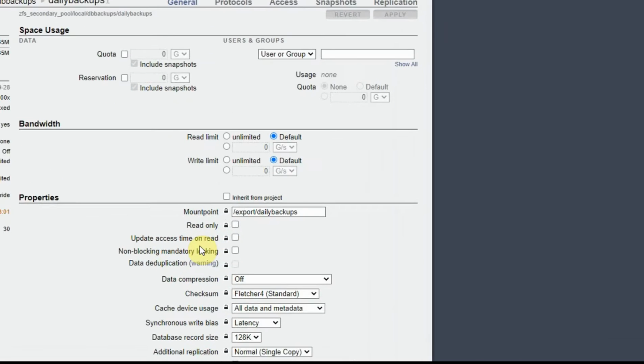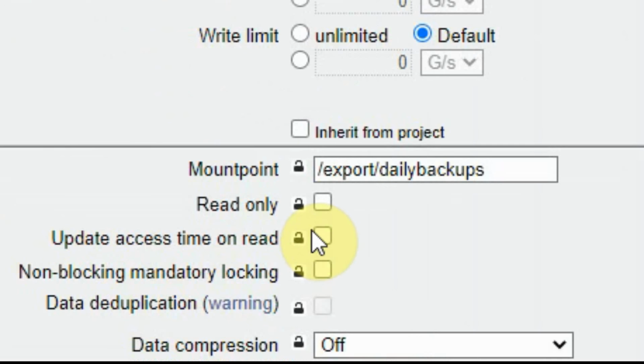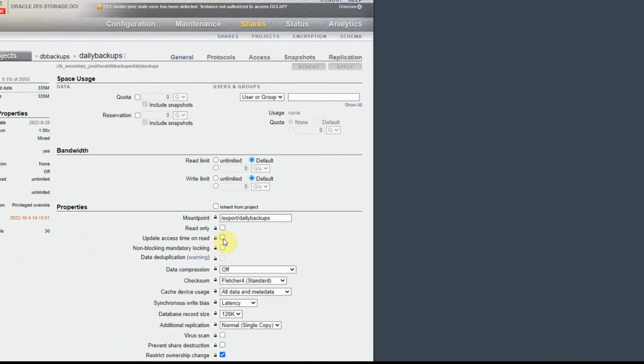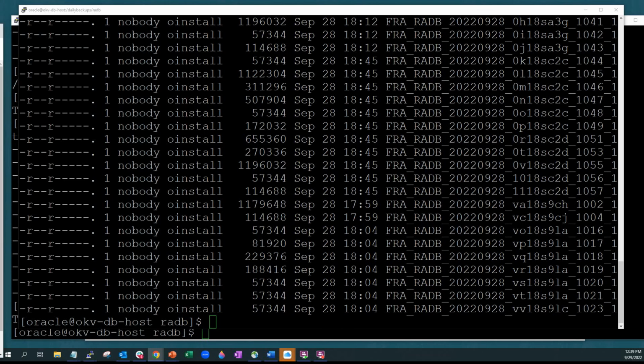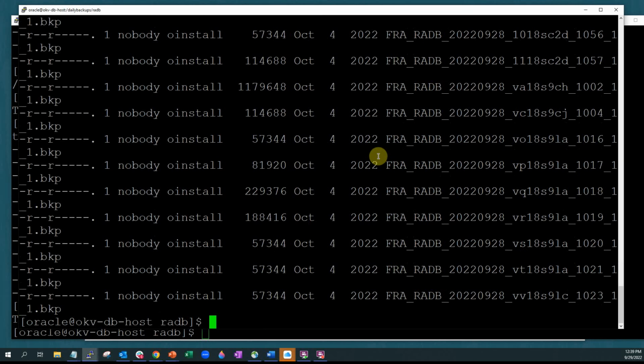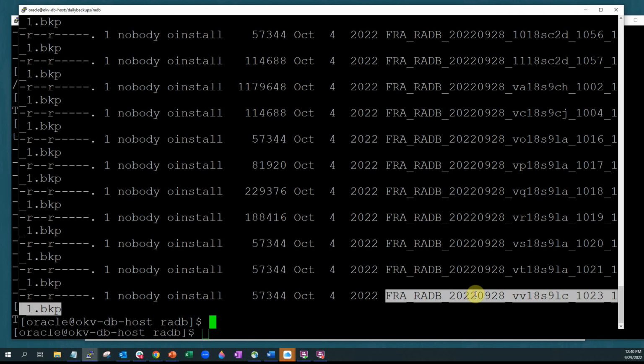Under general, I set the update access time on read to off on the share. And what that allows me to do is do an ls -lu, and I can see the date timestamp that these files are locked into. So I'm running this on September 29th, 2022, and you can see that these files are locked for another 5 days. So if I take any one of these files, let me just take this one,